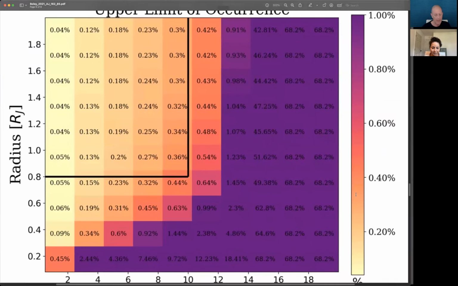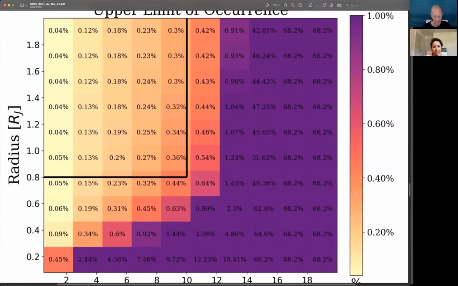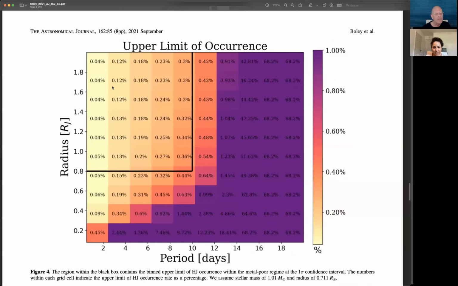So you'll notice that we have different upper limits for different bins. Basically we've got 0.36 as our lowest upper limit, and our best upper limit is 0.04. But the average upper limit was around 0.18% for planet occurrence rates,